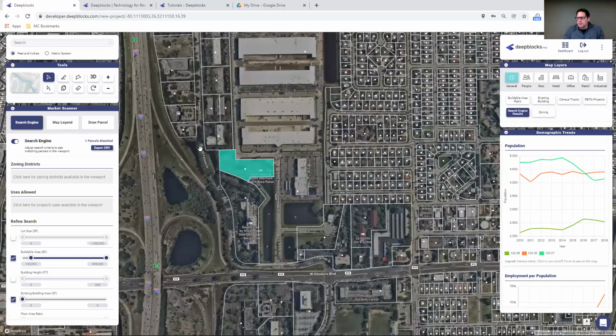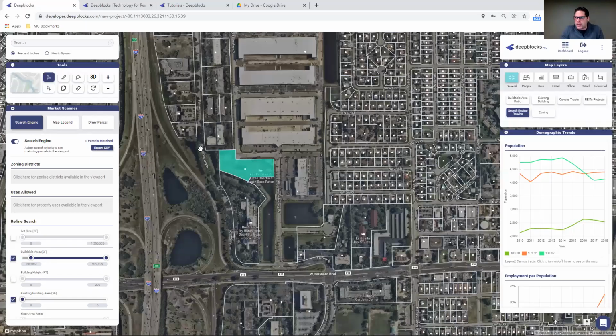And again, you start to produce those PDF reports. You compare these reports with your team and come to a very strong decision to say, all right, these one or two properties, or whatever it may be, it's time to move forward to the next step. And we just did this in a matter of days instead of a matter of months. And again, you're saving yourself a tremendous amount of money. It could cost thousands of dollars upfront in fees just to deal with consultants to take care of one step of the process, when you can do it all at one time here with Deepblocks software.